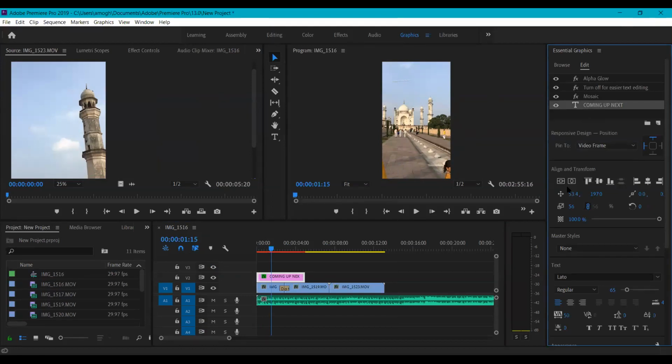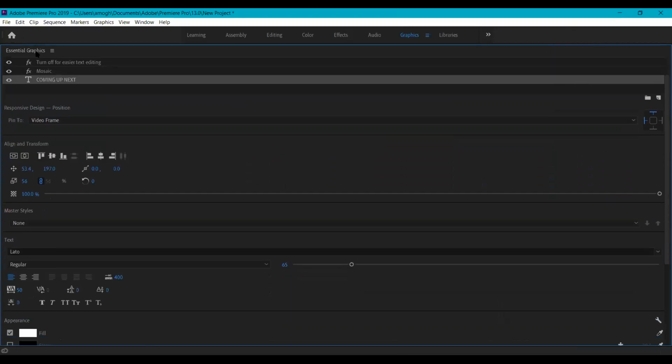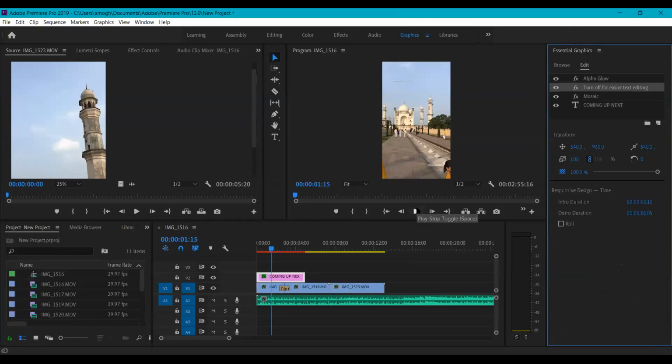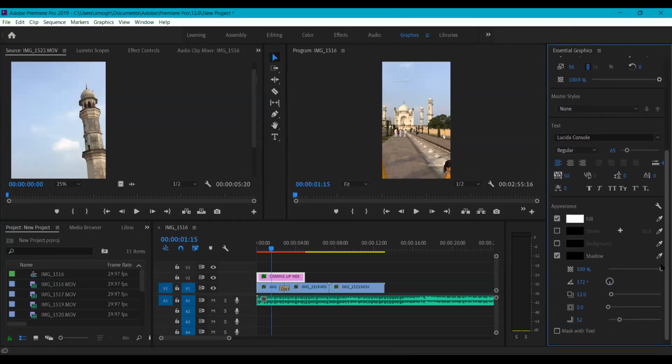So in this part where the editing part is, this is the effects tab. In this, you'll get all the transitions, graphics, whatever extra effects you want to add into your video. Next, into the video frame. This is where you can edit the graphics which you're putting in your video.